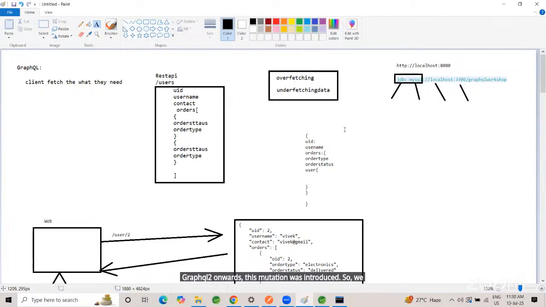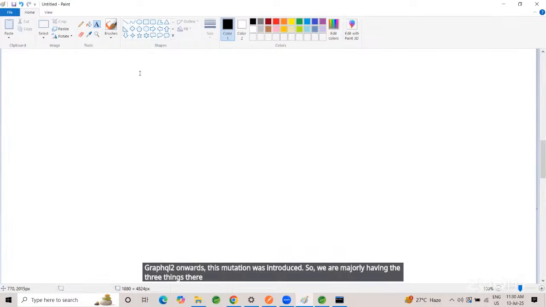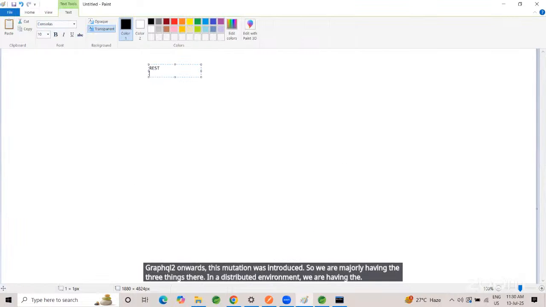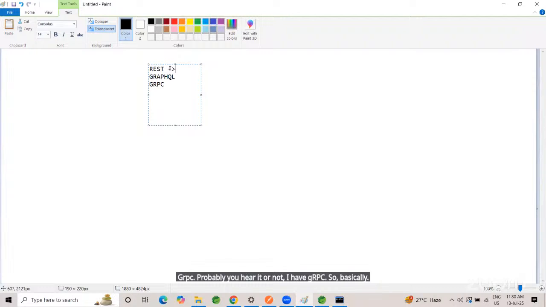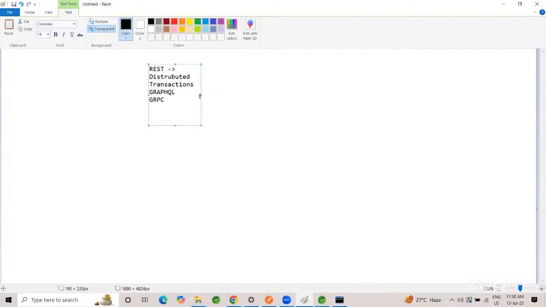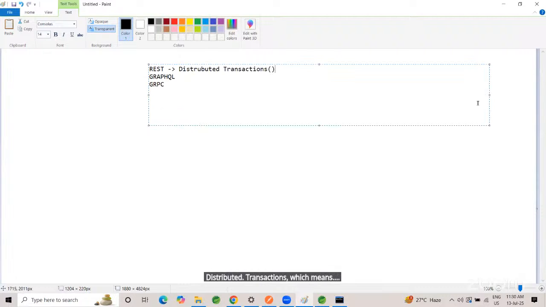So we are majorly having three things in distributed environments: REST, GraphQL, and gRPC. Probably you have heard of gRPC? Yes, sir, we have. So basically, REST is suitable for distributed transactions, which means the whole CRUD: creating, retrieving, updating, deleting. That is fine. GraphQL is suitable for